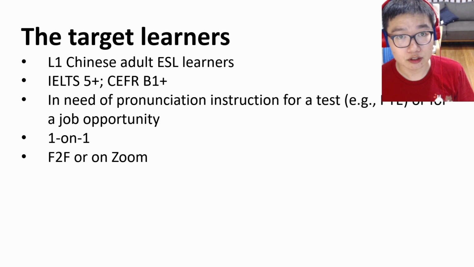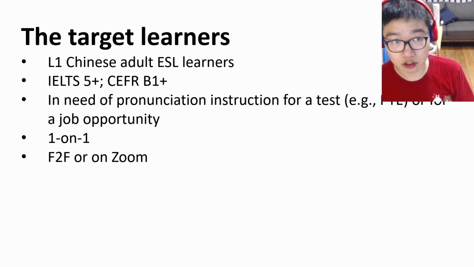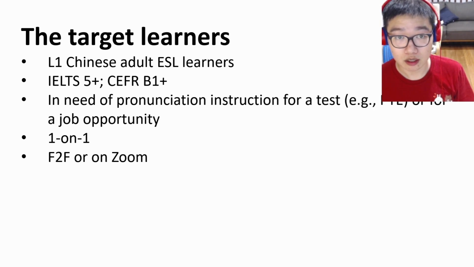Okay, so the target learners are students whose first language is Chinese Mandarin, who are over 18 years old and who have been living in Australia for quite a long time. So they generally have an English level of IELTS 5+. According to the Common European Framework, their level is B1+. They can be very advanced, but still they need some instruction in terms of their pronunciation